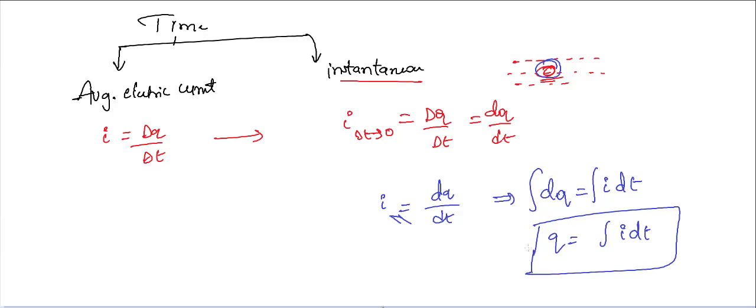Based on this I will solve one problem. Going further, if you find the area of the I versus t plot, taking some straight lines as an example, you will get the charge. So there is one more advantage we get with this. What the integration tells us is the area under the curve or under the region.